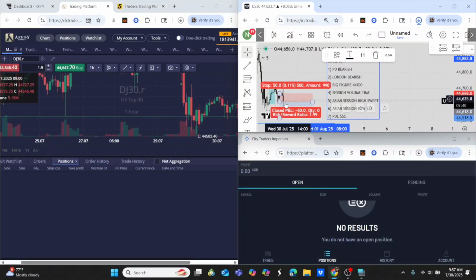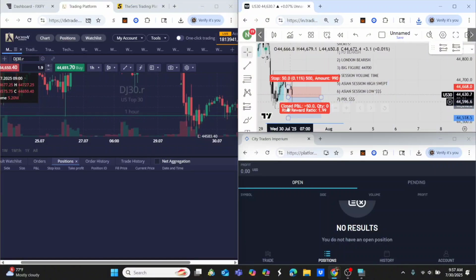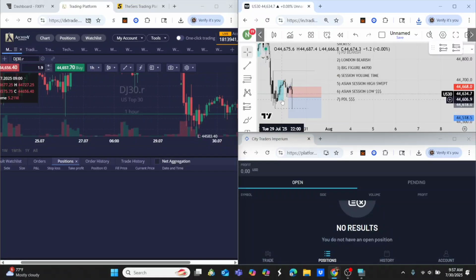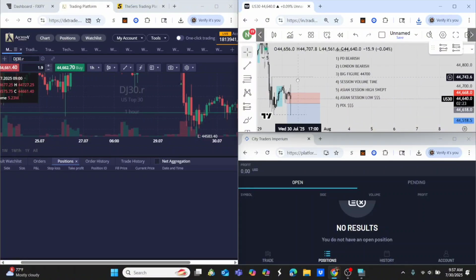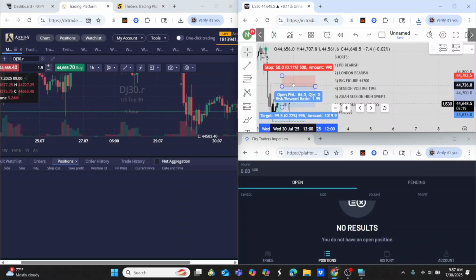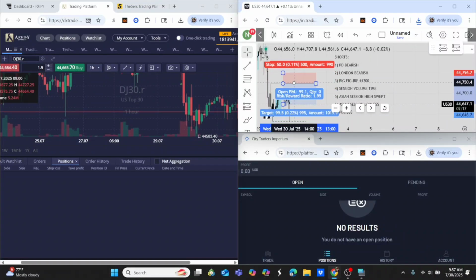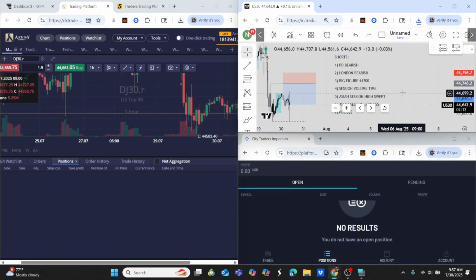I won't be entering another position right here because I did potentially expect price to reverse right here, because this was the previous day's low, and for the expectation it may push through, so this wouldn't be a good area because price can full on reverse maybe to this high. So if I was supposed to look for another trade opportunity, I'll probably do up here. Other than that, I don't see any other trade ideas that's worth taking.